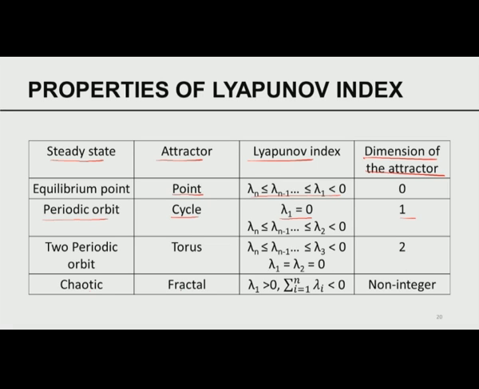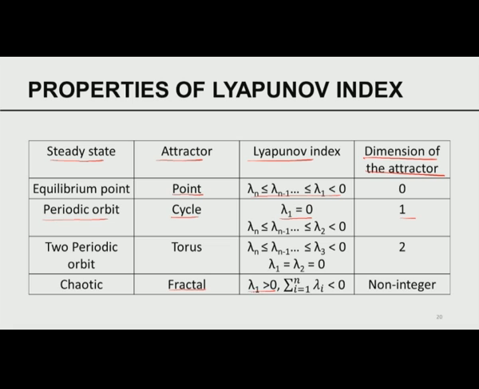For a chaotic system, the attractor is called fractal. I have not introduced even the notion of a fractal object. A fractal object is a complicated object. In the case of a chaotic attractor such as the Lorenz attractor,